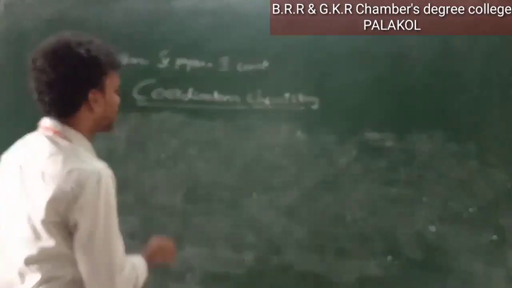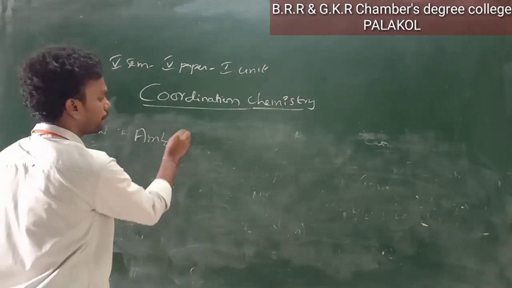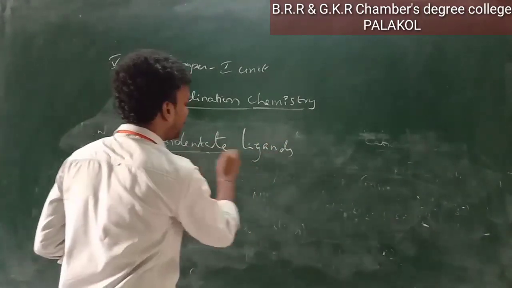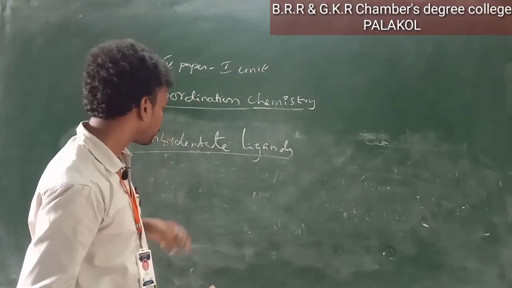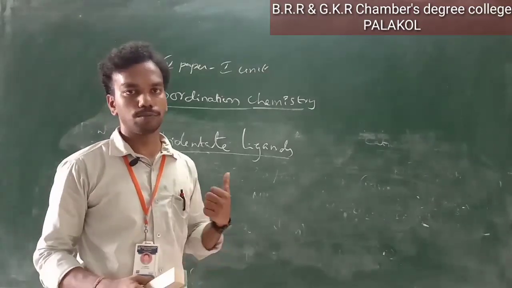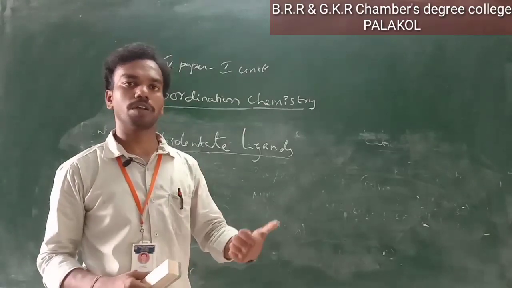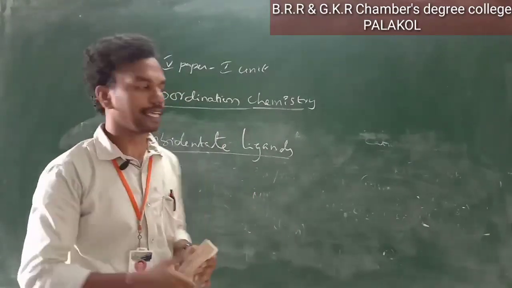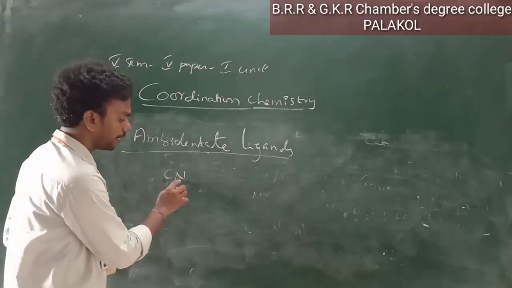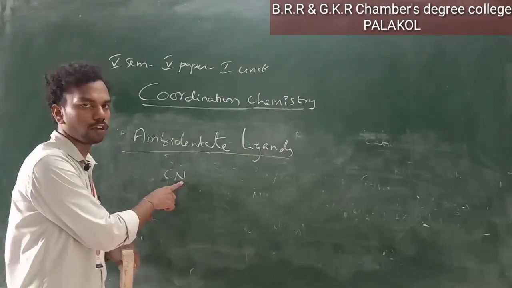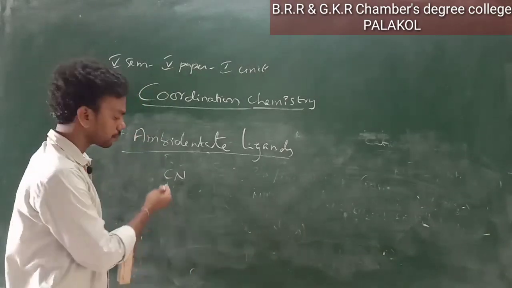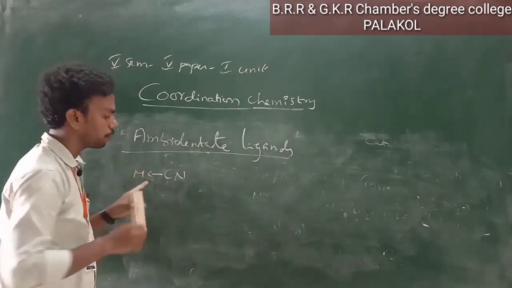One more term, that is ambidentate ligands. So what are ambidentate ligands? The ligands which have more than one donor site, but are monodentate. It donates one lone pair of electrons at a time, but they have more than one donor site. Example, cyanide, CN. Carbon has one lone pair of electrons and nitrogen has one lone pair of electrons. Either carbon donates or nitrogen donates, but at a time one lone pair of electrons is donated, either by carbon or nitrogen, right? If carbon donates its lone pair of electrons to the central atom, forming a coordinate bond,